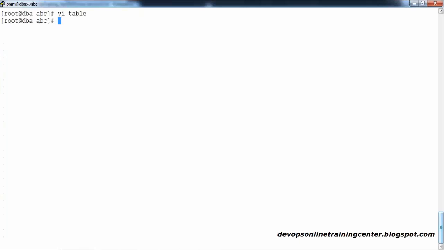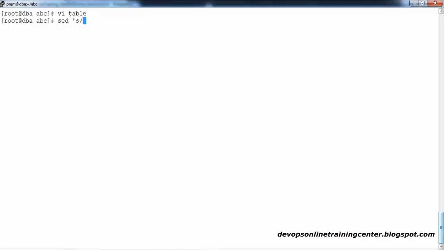Similarly, somebody may ask you, could you please find and replace a keyword in a given file without opening any vi editor? So without opening the vi editor, how do you find and replace? To do the find and replace, there is a command available called sed. Using sed, you can find and replace any string in a given file.